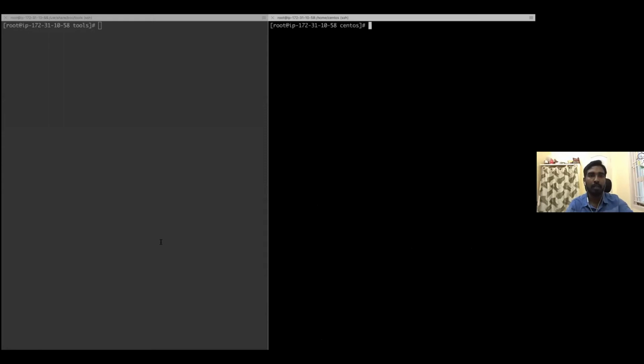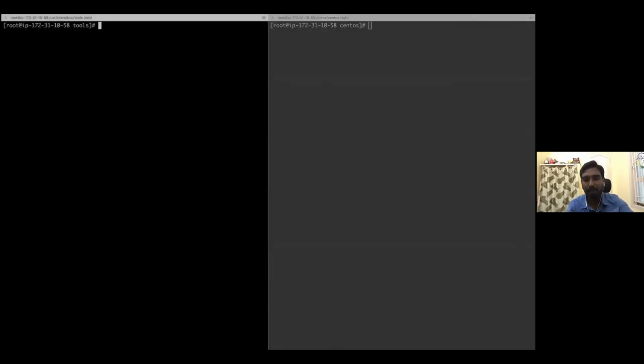Now let's see some of the commands with respect to each subsystem. For example, you have an IO subsystem, and you want to track slowness. You can see my disk. It is an AWS instance, so it is attached storage. I have a root partition attached and a separate MySQL partition as the data directory.